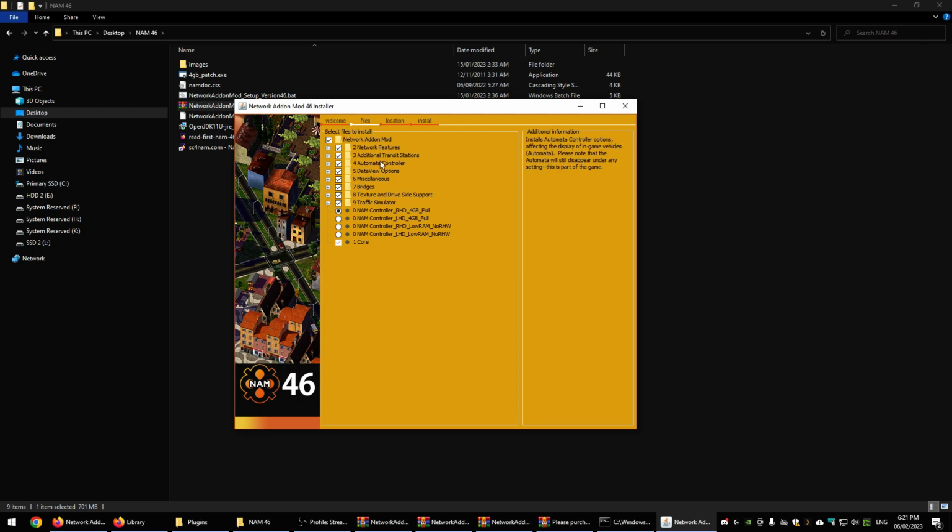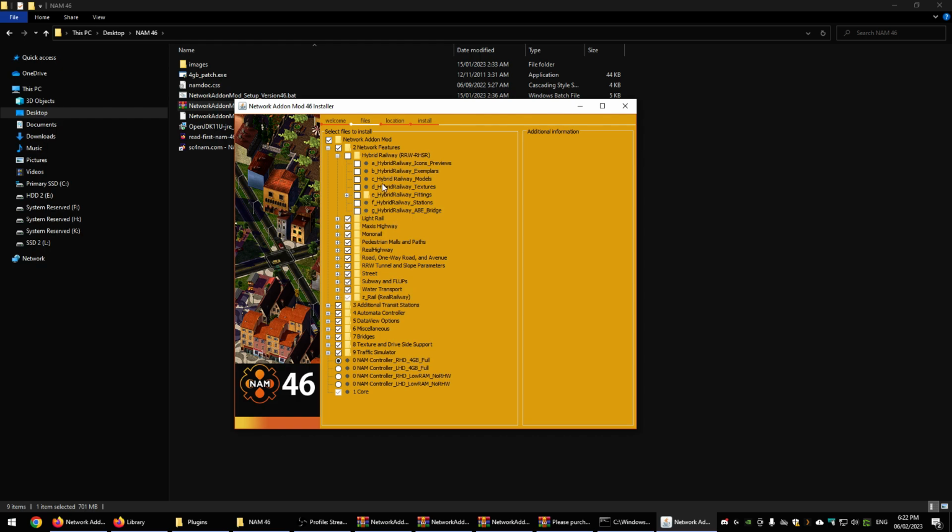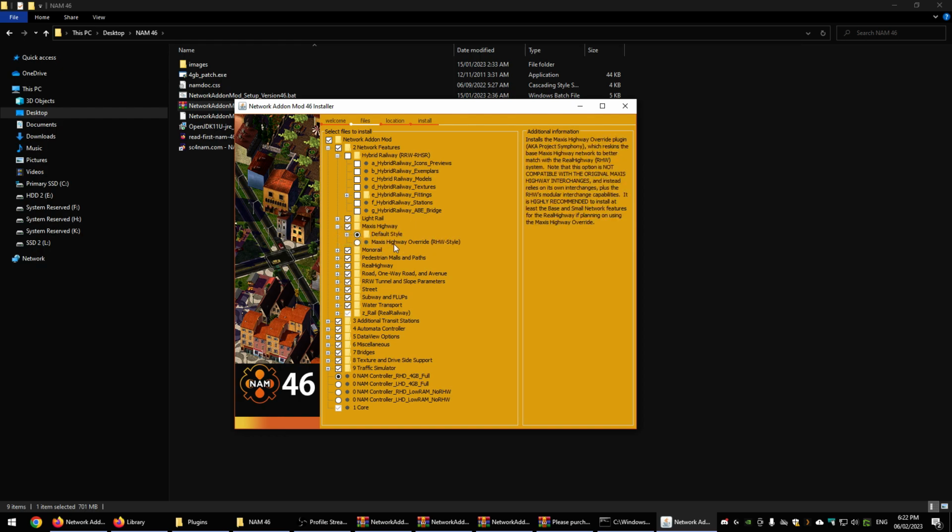You can expand these, and there's like additional information on the side to tell you what gets installed. So I'll just go through all of these things. So hybrid railway, I don't use that, so I'm going to unselect it. You may want it, and then there's obviously more content here if you want to specialize, right? If you wanted hybrid railway, but you didn't want the fittings, or you didn't want a specific model, you can trigger all that. Okay, light rail I use, Maxis Highway I use,